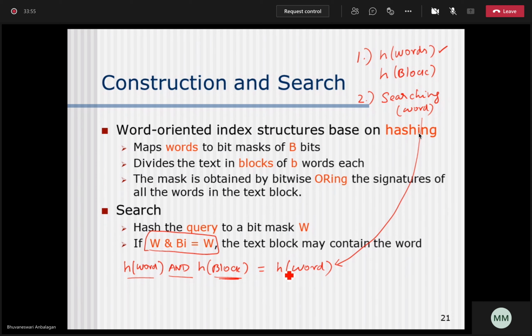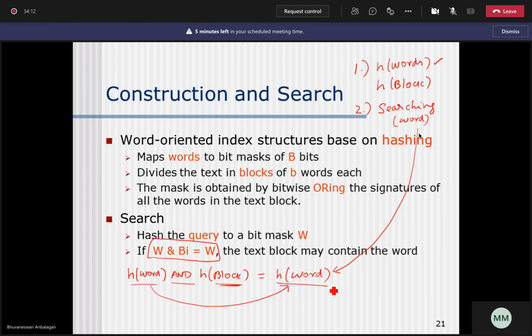If it returns the hash value the same as the hash value of the word, then it means that particular text block contains the word. If none of the blocks returns the same as the hash value of the word, if this condition is not satisfied, that particular pattern is not found.